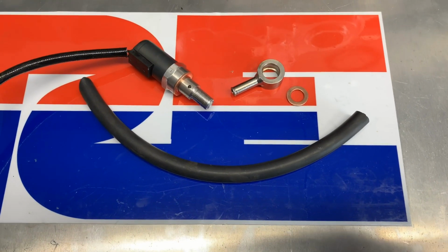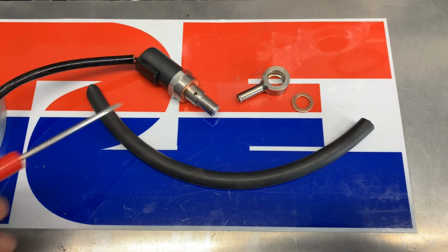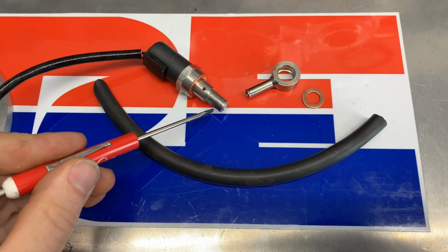Hey guys, here to review a product that is just out. A friend is making these. It's modifying this electric decompression valve to be able to have the 10mm by 1 thread pitch, so we can